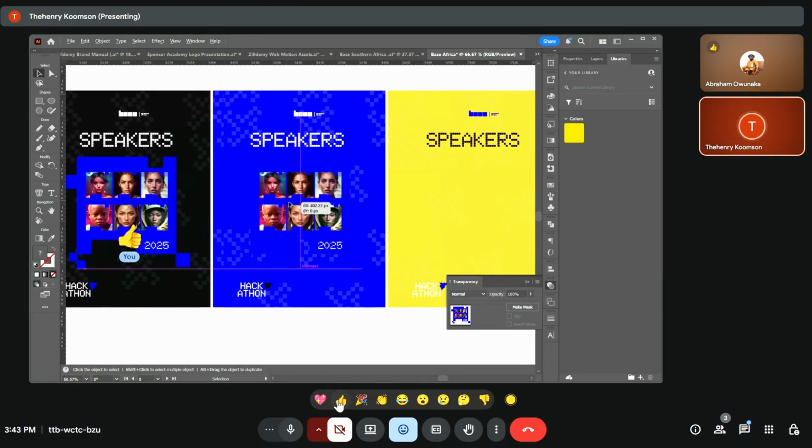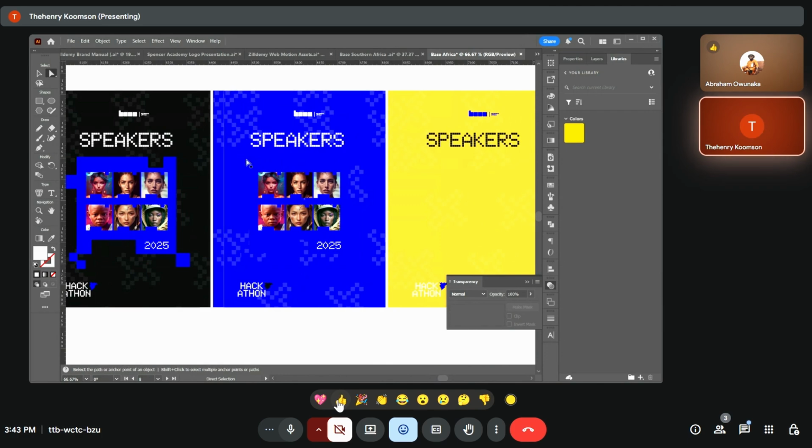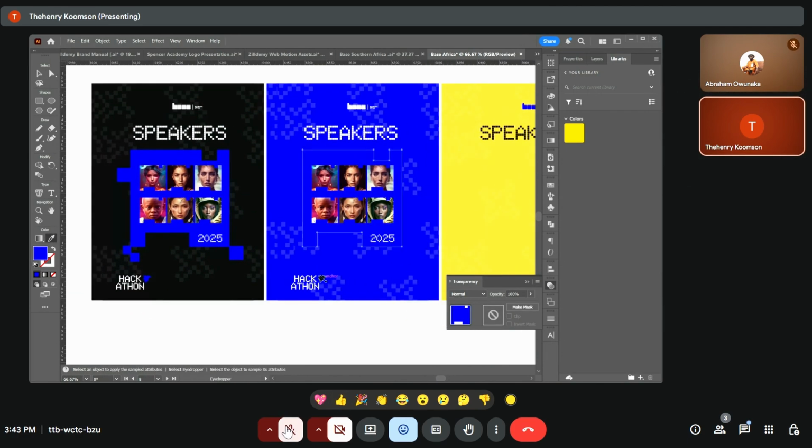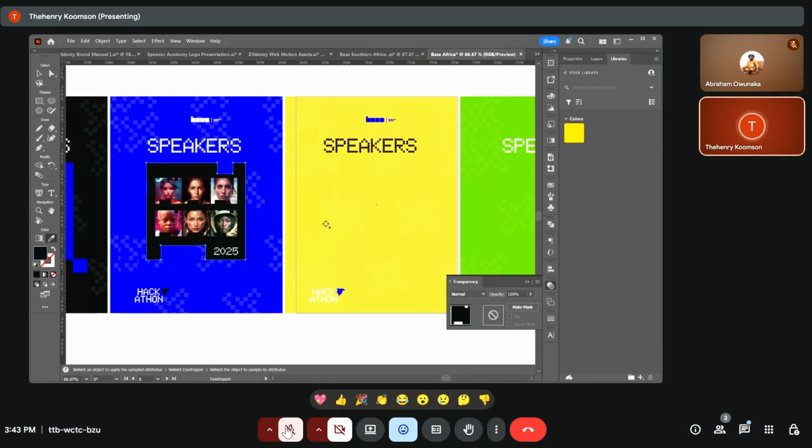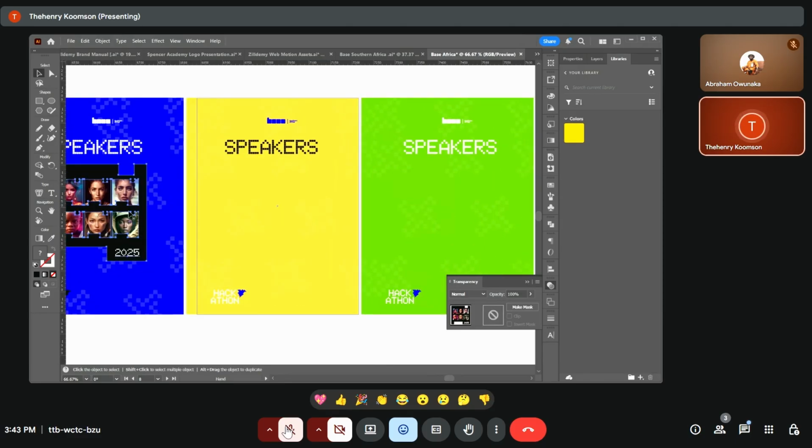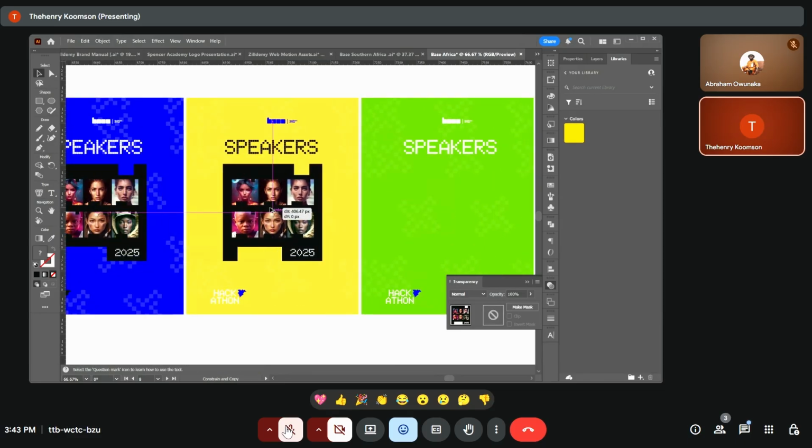Just to indicate these guys here, so that the colors are always working in different backgrounds. That means black should be working here, or even yellow, also does the job there. So we duplicate them. Black should be